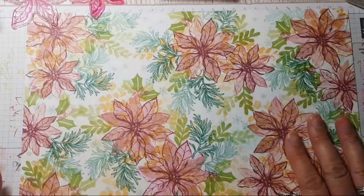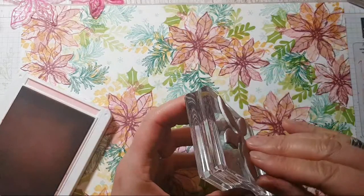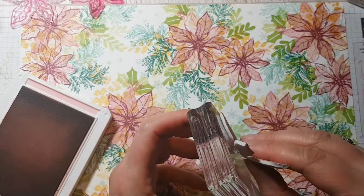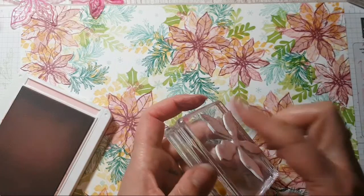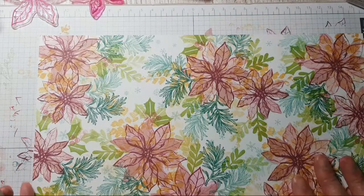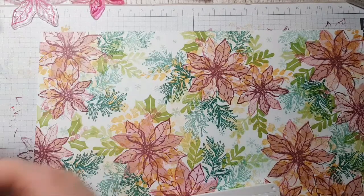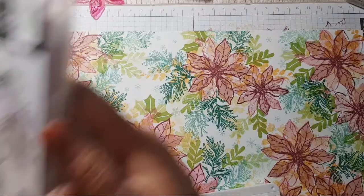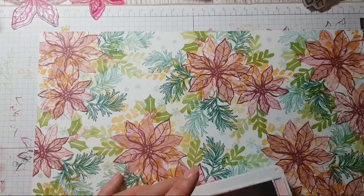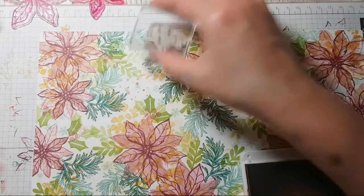Right, that was actually quite satisfying once the hard work was done. So the beauty of this is now that you should be able to peel that off and pop that in with your stamp set and keep that to use for another day. All right. I'm loving it. Really love it. Love it, love it, love it. And I'm wondering, we just need some little bits of dottage just to make me happy. And that will be it. And I think I'm going to be well away to make a bunch of cards. So I'm just going to do some little pink. Got to have some pink